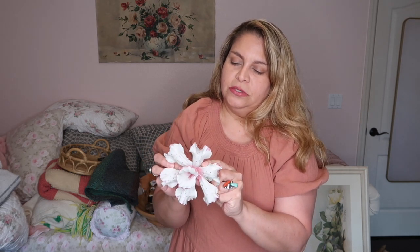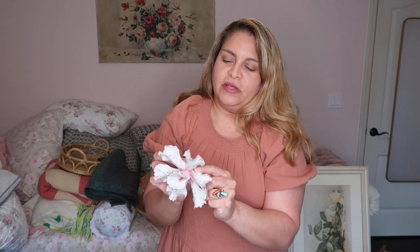Let's see what else. Now this I bought for myself. I don't know what kind of flower it is, so I'm assuming it's like a lily. And since my shop is the Graceful Lily Market, I got it. What is that brand called? For $5.99 minus 20% off at this other place. It was a Humane Society thrift store. Made in Italy. I might be pronouncing it wrong, the Capodimonte,